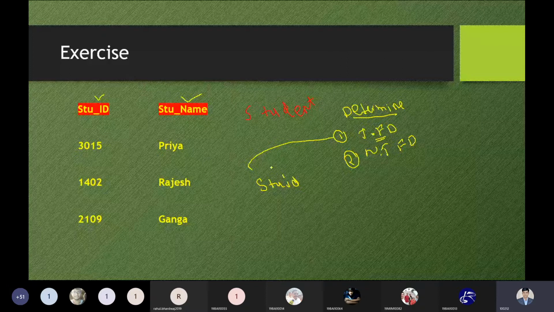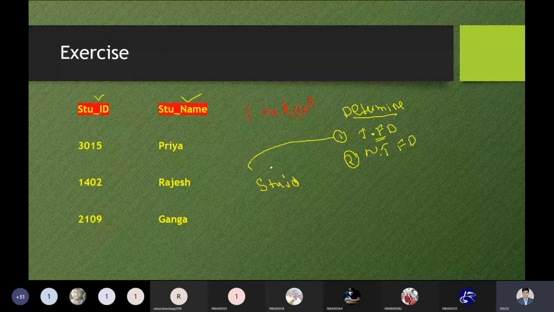So suppose we have student ID, student name, and marks. This is a set of attributes, and if we are picking only marks, it is part of the right side, so marks depend on the set of attributes student ID, student name, and marks. At that time we can say trivial. And if student ID, student name, and marks determine student name and marks only, then student name and marks are also a subset of student ID, student name, and marks. So we can say this is trivial.